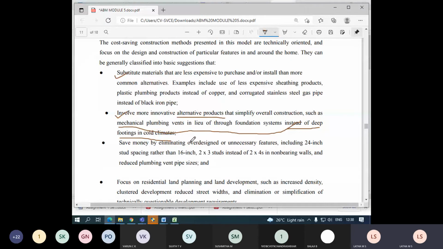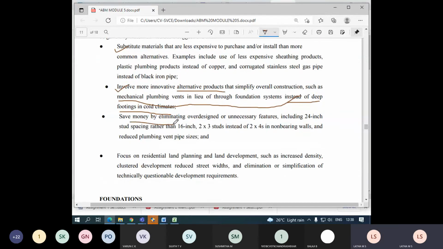In reinforcement, it is not possible because we know where the maximum bending moment is taking place, where the maximum shear is taking place. We cannot manipulate there. The reinforcement has to exist there. We cannot play there because it is for safety purposes. Otherwise, one day the slab may come down if I play with the reinforcement. Not at all possible. I have to be very careful about the reinforcement details. So it is not possible to replace or make innovative changes there. But at some other points I can do that manipulation or alteration.